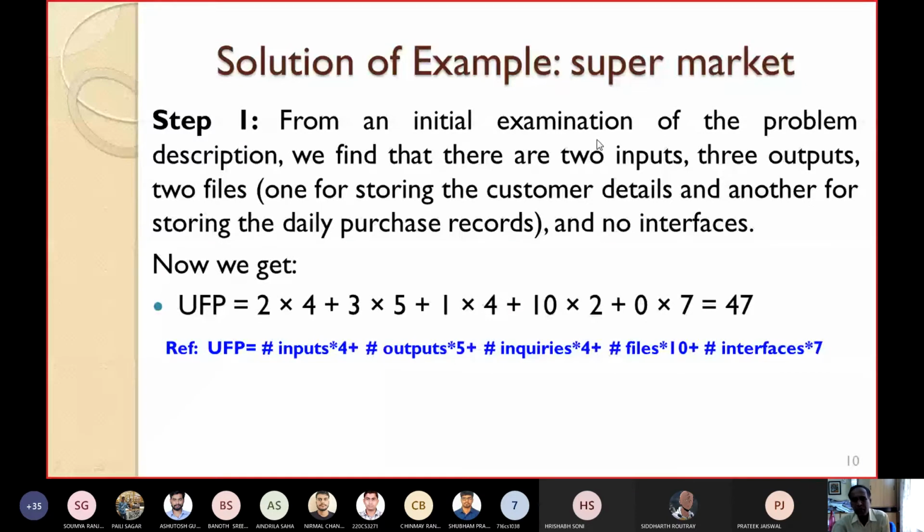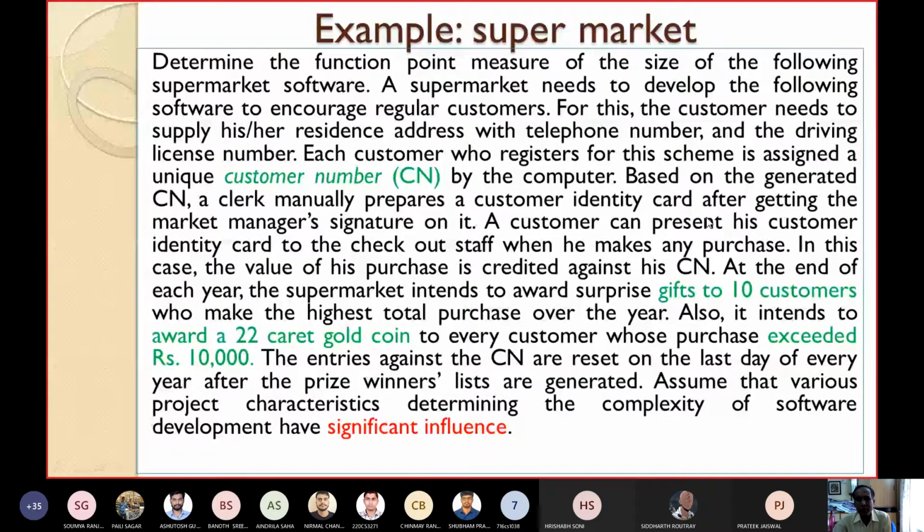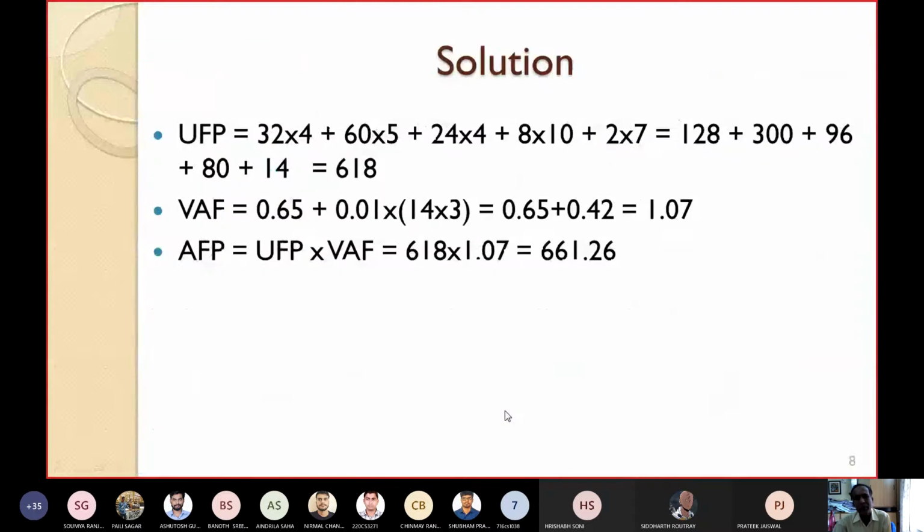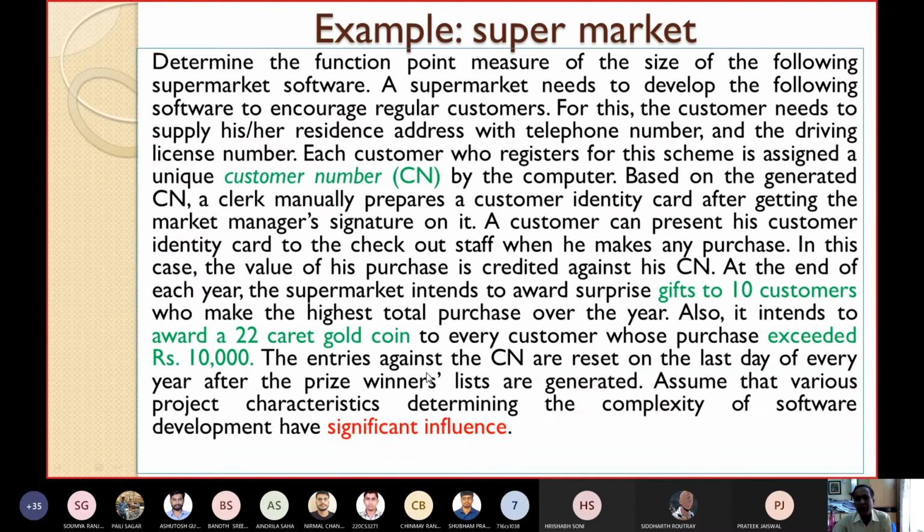That will mean, but in order to make it distinguished, here I have taken weighting factors as average and the system characteristics values I have taken as significant, so that you can mark the difference, because in all the previous examples I have taken average, average, average for all. So now I am making it a little bit different. The weighting factors are average and system characteristics are significant. Taking this average value, I got this.